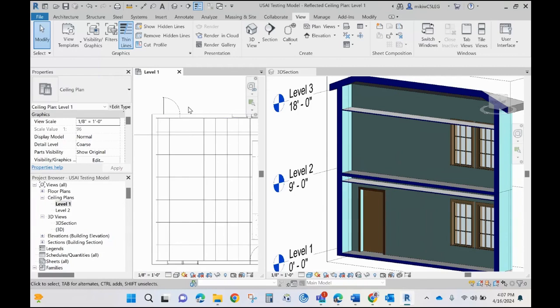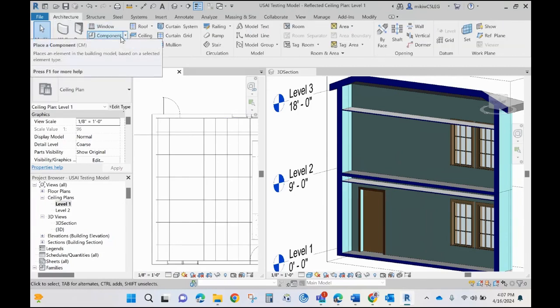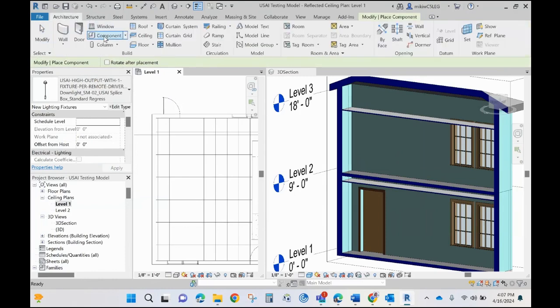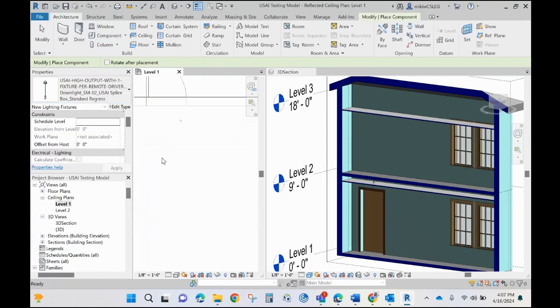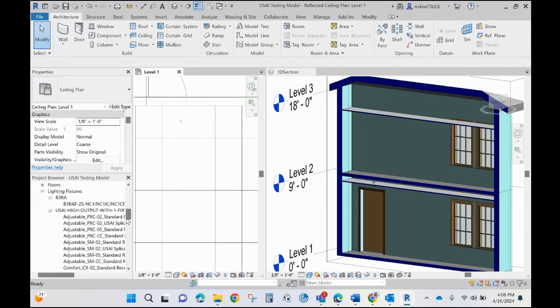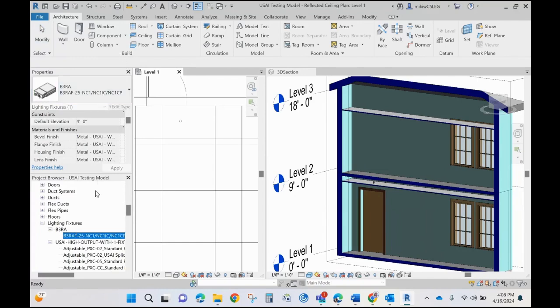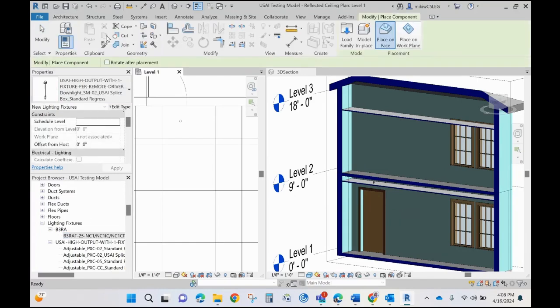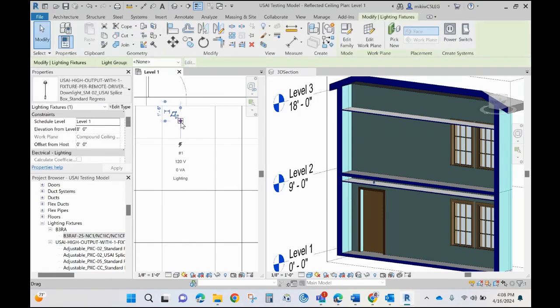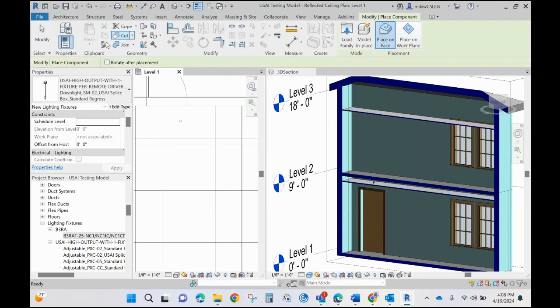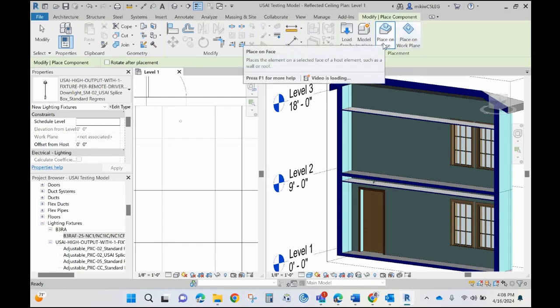So there's two ways to host your fixture. One is face-based, one is work plane-based. To placing a component, click under architecture, under component, click on place a component. Yeah, click on component, and then you will see here you have two options, place on face or place on